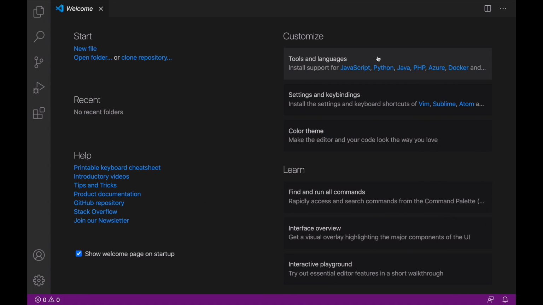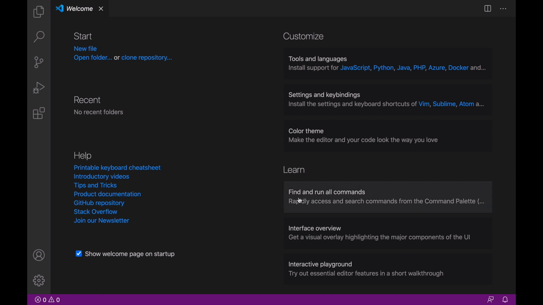And in this tutorial we're going to be using VS Code as our coding editor, and once you first open it, it will actually greet you with that welcome screen. In this welcome screen you have different options to create a new file, open a folder, recent history, and some help options. You can toggle this on and off in case you don't want the welcome screen to show up on startup. You have an option to customize your coding editor, and there are also some learn options,